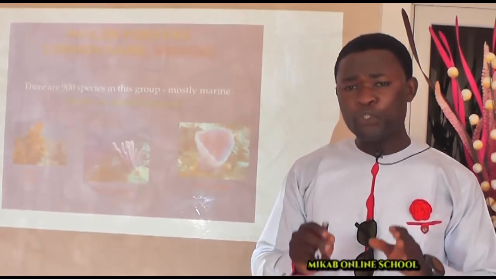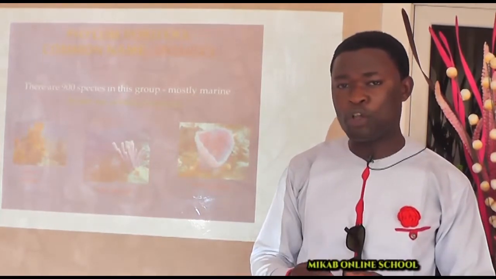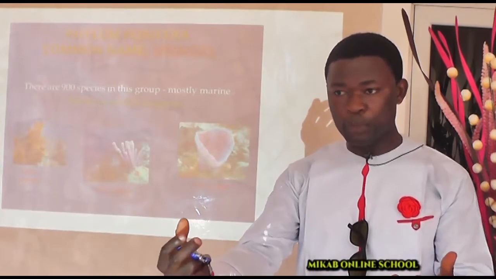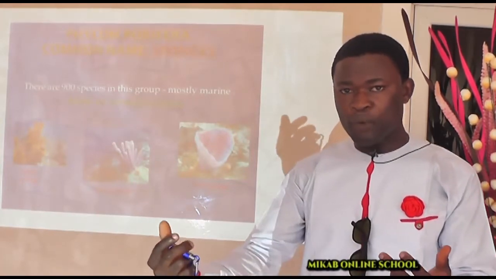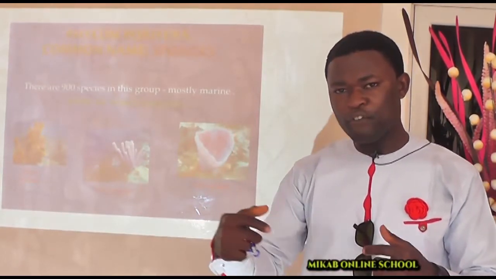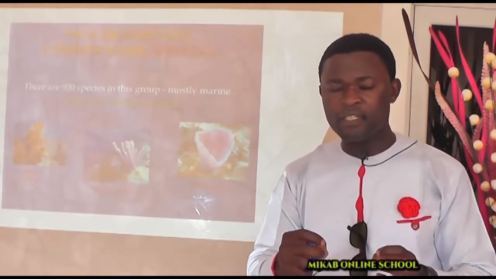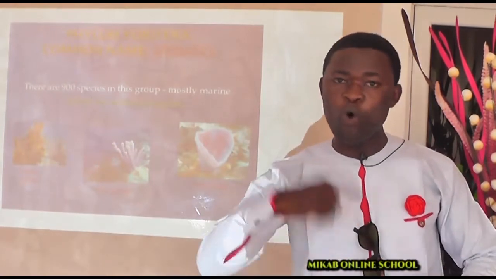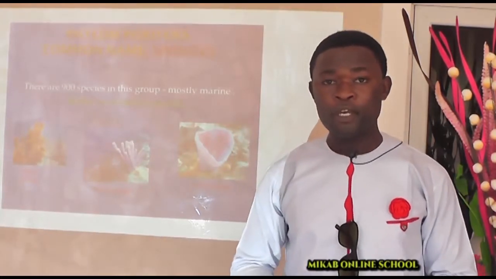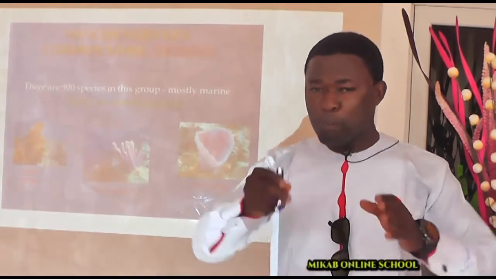From this, we also notice that the body forms have tiny holes or pores called ostia. When those animals are feeding, remember they are inside water, it is possible for water to bring some food particles into them. So they will filter. The water will take those particles into the body of these sponges via the ostia. After filtering and sieving the food particles out of it, the water will go out through the osculum, which you see at the top of the body of that organism. We have also come to know that this group of organisms are actually the most primitive.